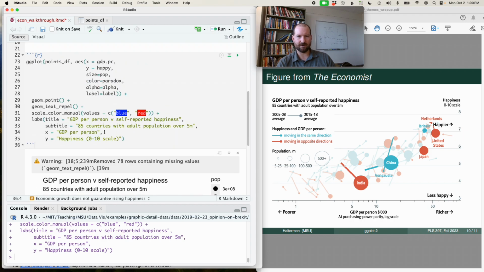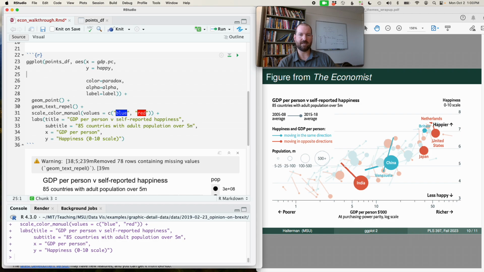Because we've told it here, use population to change size, and we define an aes up here in our main ggplot call. It's going to use that aesthetic in every single layer that takes in a size argument. Right? So it's changing the points by size, which we want, but it's also changing the labels according to population, which we don't want. And so if we want to use an aes in just a single geom, we can